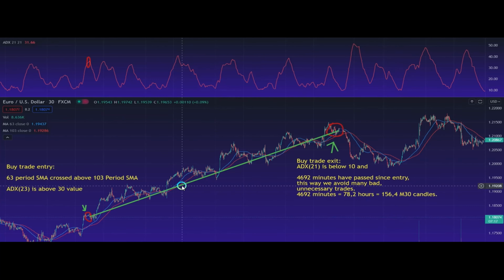So if you look at this, it never really went below 10, and it is really good because we could hold this trade to the core of its potential, to reach its potential, and here it just went below 10 and the system could close the trade